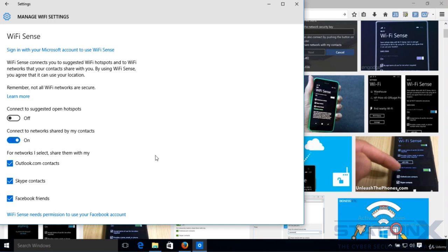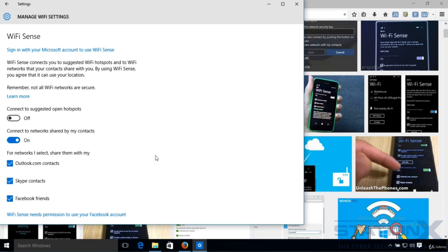This is obviously a privacy and security concern, but the security side of it isn't black and white, because most people share their Wi-Fi passwords manually anyway by writing them down or saying them verbally, and that's giving away your password anyway to your guests, so this isn't secure. But with Wi-Fi Sense, the password isn't revealed to your guest. But actually the best way to have guests, if you want guests on your network, is to isolate and create a guest network on a separate VLAN, so your guest never gets access to the network that you use, and they don't know your password. And we'll discuss more on that later.